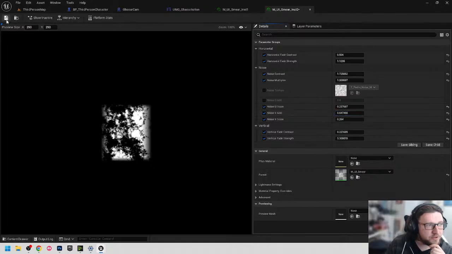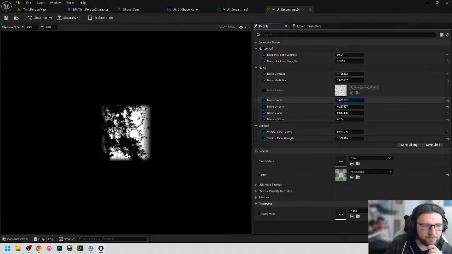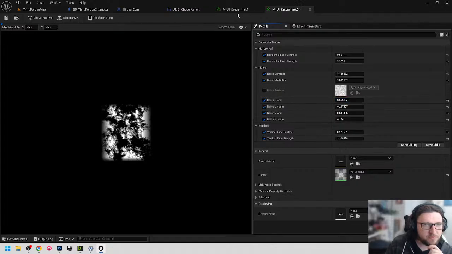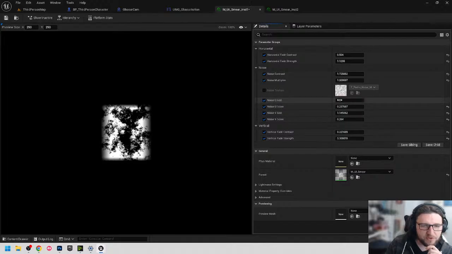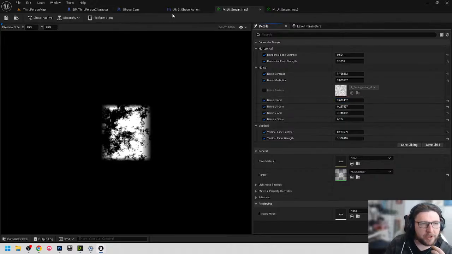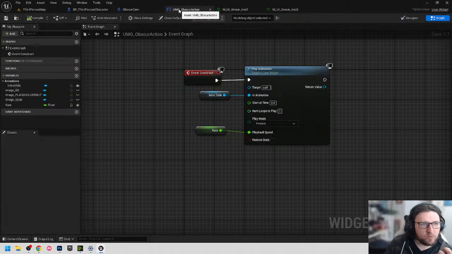Material that we made earlier, cool. And maybe even, yeah, let's just shift it. Let's shift this one to the right a bit, maybe. Okay, now,